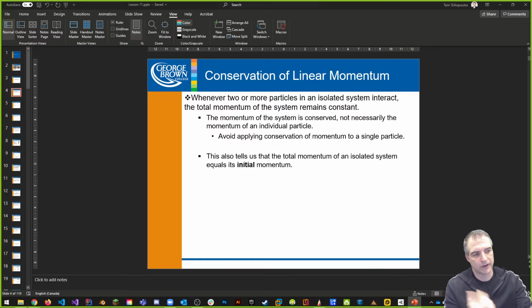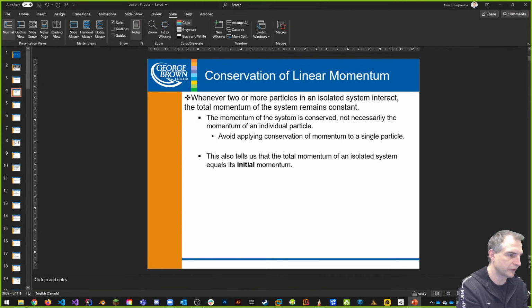At the same time, on the other side, if I have a lot of momentum, mass times velocity will give me a momentum value. If I have a lot of momentum, it's how difficult it is for me to stop that object from moving. The more momentum it has, the more impact the object is going to have when it hits, if it does hit something, and there's going to be more energy involved, energy transfer, for me to try and stop that object from moving. Okay, so that's momentum.